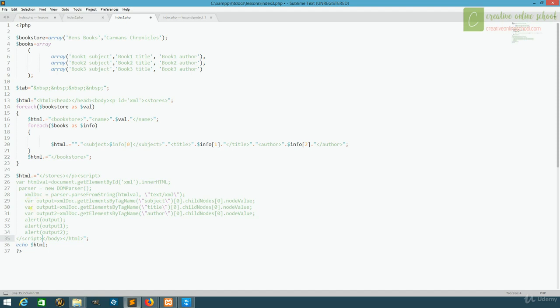And we're creating variables with getElementsByTagName, and the tags within our XML were subject, title, and author. So we're getting one for subject, one for title, and one for author. You can use different numbers here to get the second or third values, but we're just showing how this works for now. And I've created 3 alerts for each of the 3 different values that we're pulling out of the XML. So when this is saved and we run it,